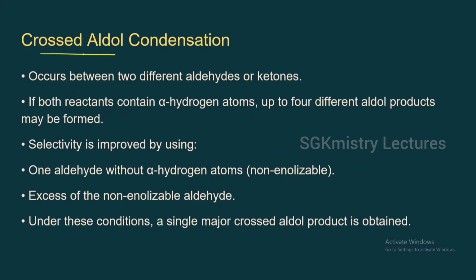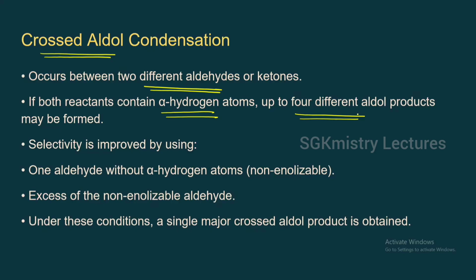So let us talk about the crossed aldol condensation. So this occurs between 2 different aldehydes or ketones. Now, if both the reactants contain alpha hydrogen atoms, then up to 4 different aldol products may be formed. Now, how do you improve the selectivity? So instead of getting 4 different